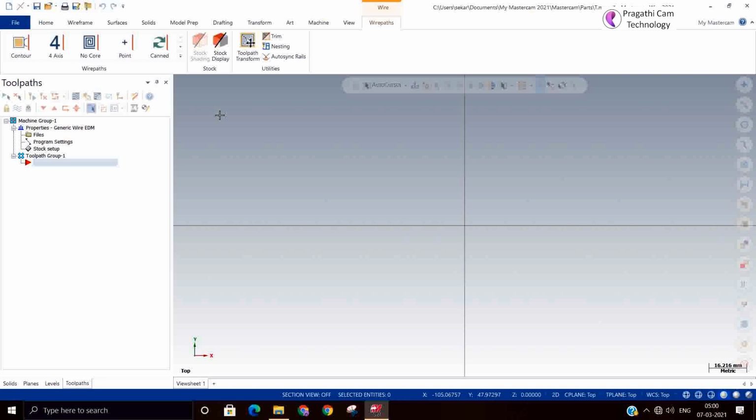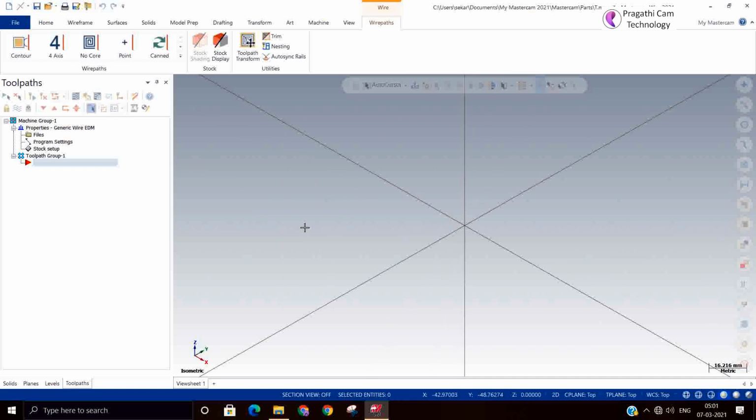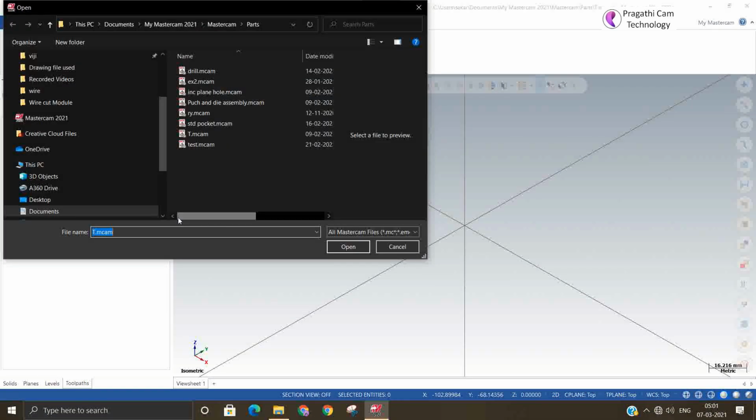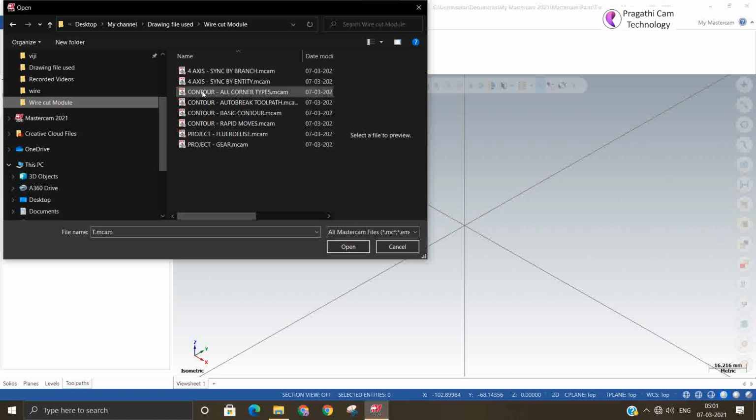Other than this, there are other options for defining stop, mirroring and other things you can do. And if you know the contour toolpath, you can do everything. Now we'll see the common parameters by opening a single file. I just opened one file.